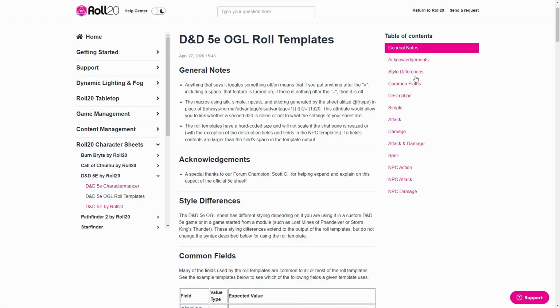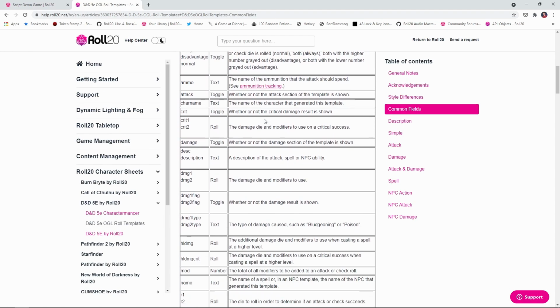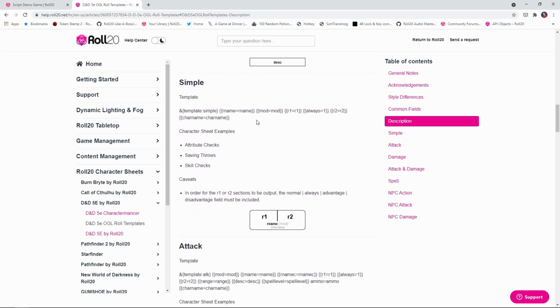So when I've done macro videos in the past, I've always used a very basic template which gives you this little purple box. But let's say you want your macros to look more like what's native to the 5e character sheet. Well, Roll20 gives you a whole bunch of different types of templates that you can take advantage of, and I'll include a link to this page down in the video's description, and I'll be referring to this throughout the course of the video. So the first template that we're going to look at today is the simple template, and